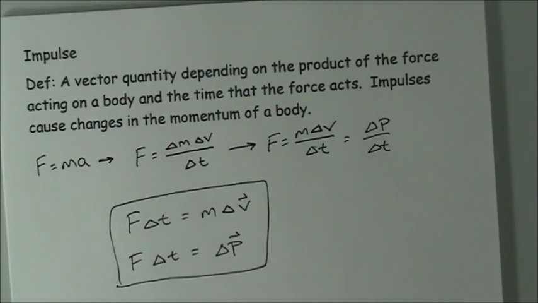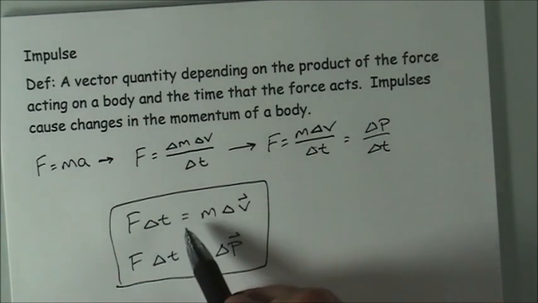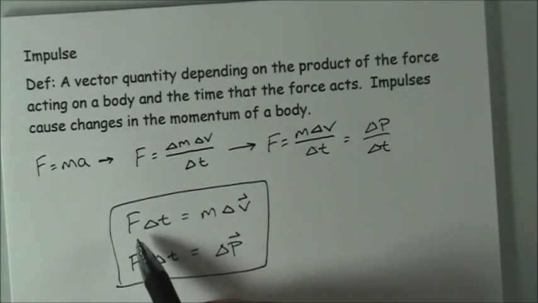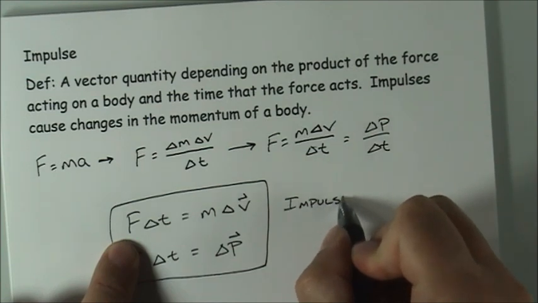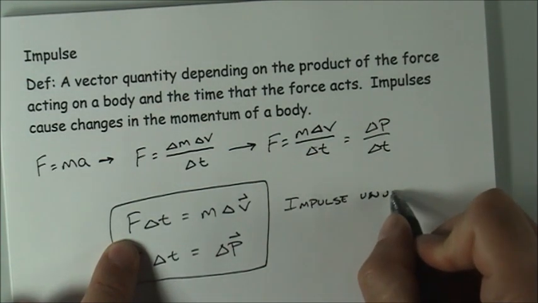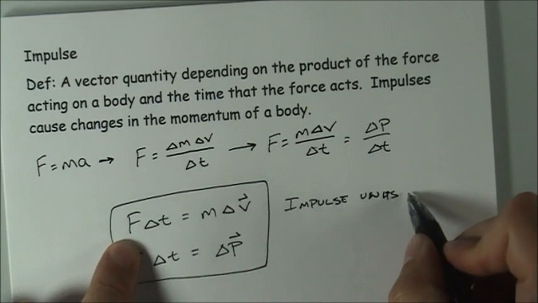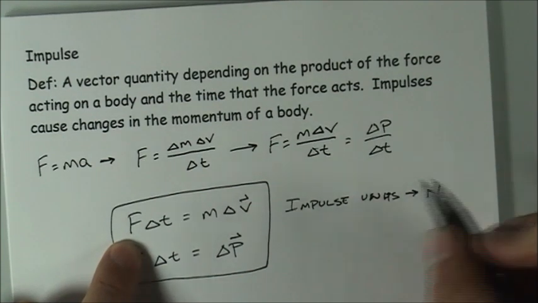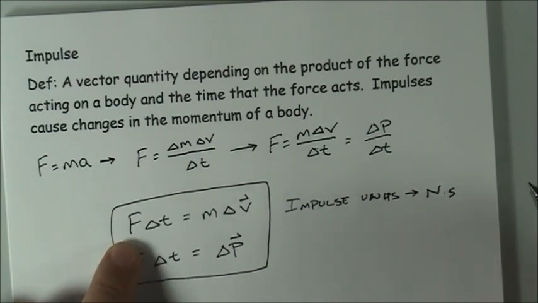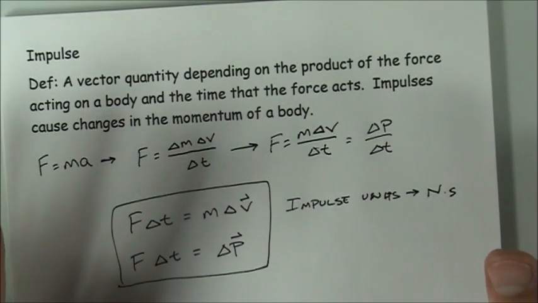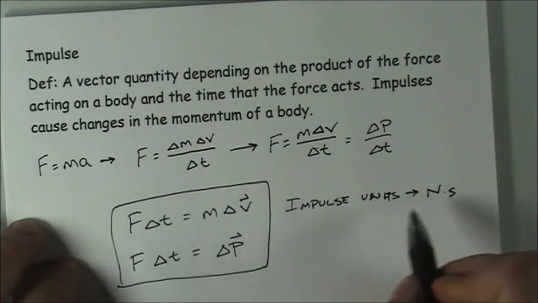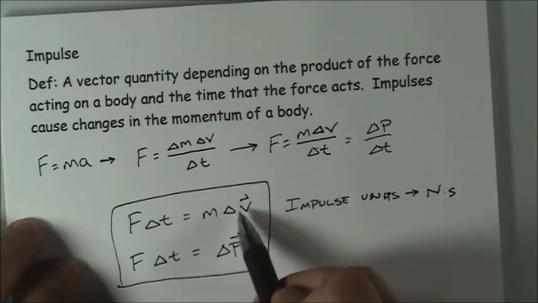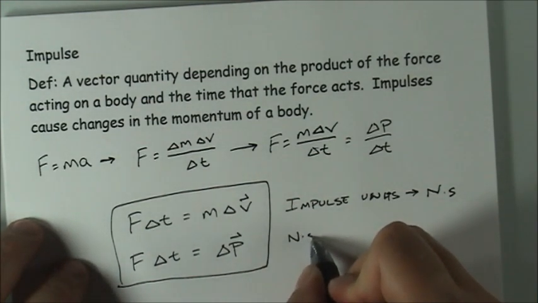Just to verify that the units are the same for these two things, because they certainly look different superficially. On this side, the units for impulse are newtons times seconds. So that's a little bit of a new unit. We haven't seen that before. So a newton second should be equal to the same units for the change in momentum, which was kilogram meters per second. Just to verify that real quickly,